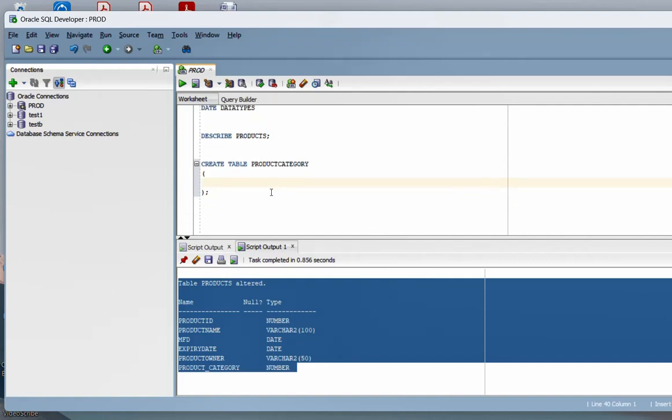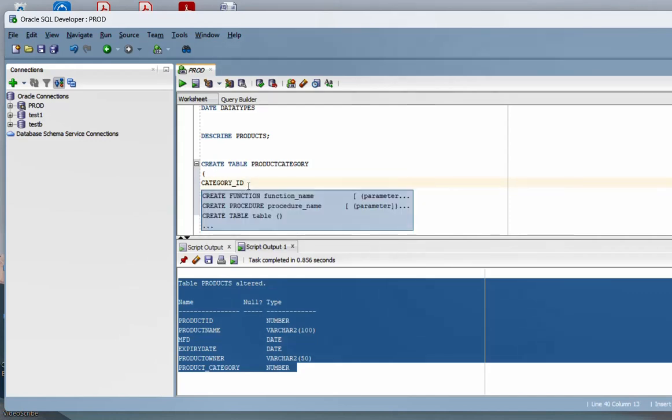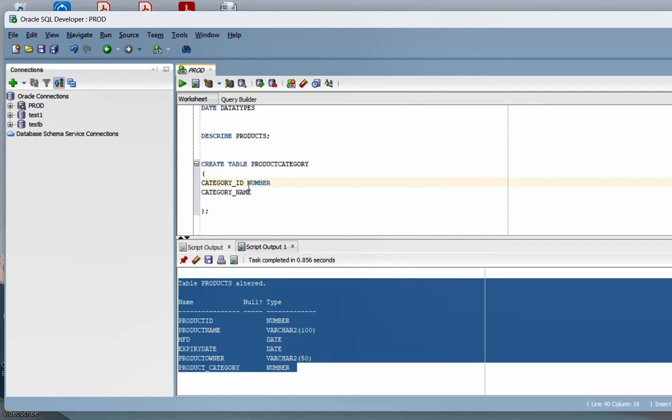Instead of reading line by line, the more questions you have, the more you will understand Oracle. Okay, product category, I am giving category ID and category name. Category ID will be which data type? It will be number,